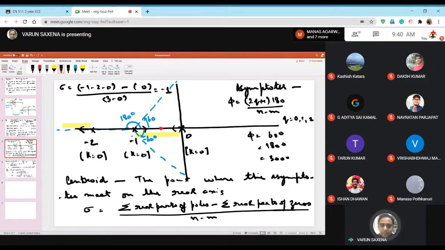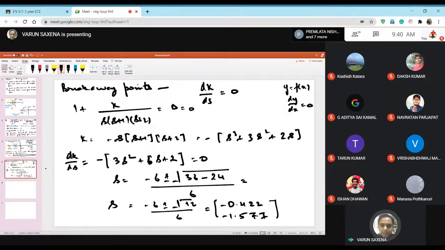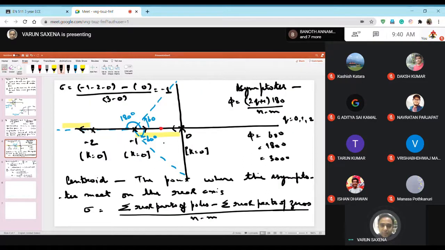The second value lies between minus 1 and minus 2, and we know that there is no root locus in this region. No section of root locus lies in this region. That means we are going to cancel out this point. So this point is not going to be considered, and this point is going to be considered. So we know that now a root locus will break away at this point, which is basically denoted by the value minus 0.422.